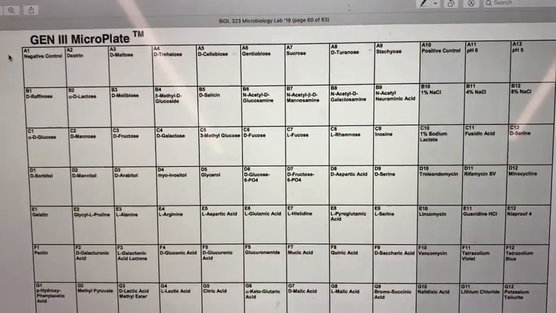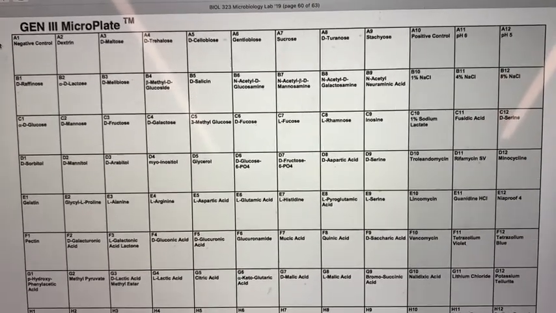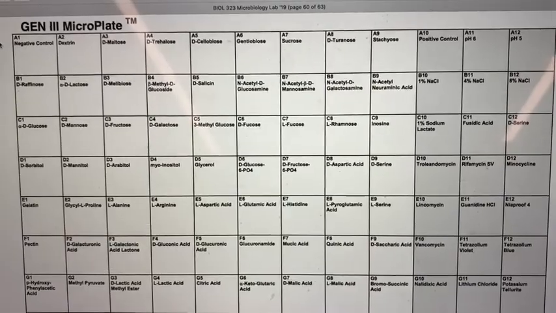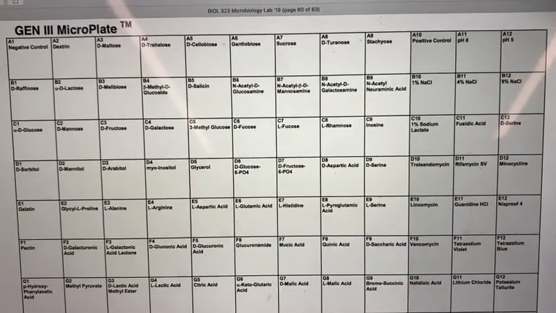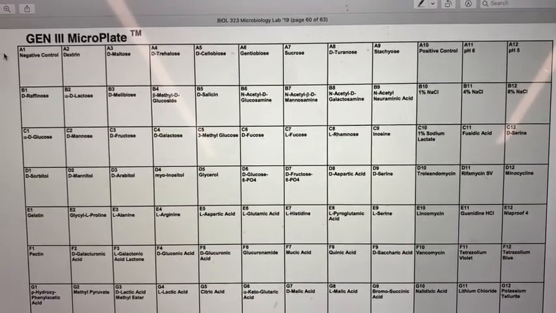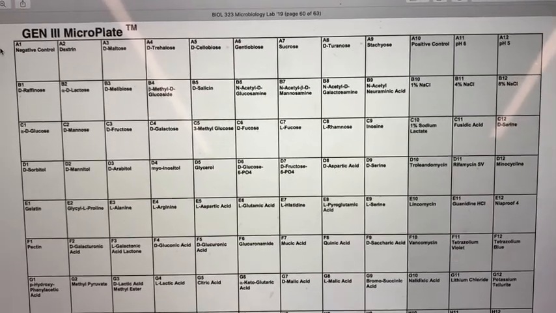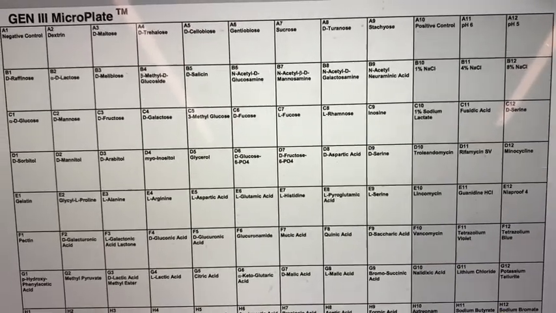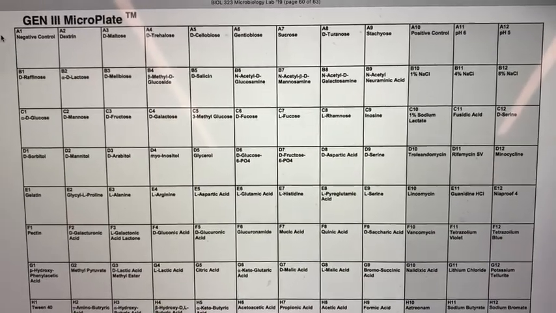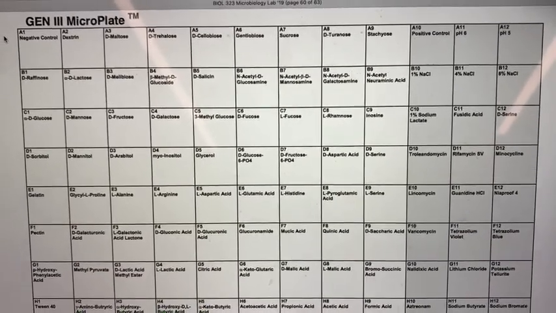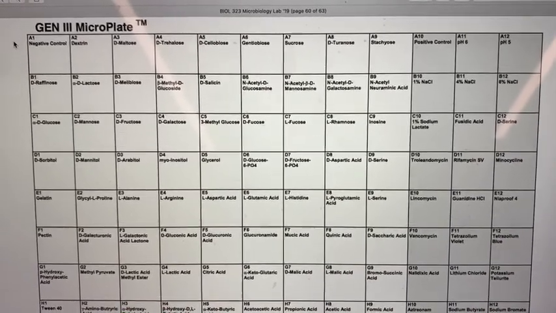Okay, now I'm going to ask you guys to do something, and that is to tell me what you think 2 of the wells are going to look like. And how do you know what 2 of the wells are going to look like? Well, this organism, remember we plated it on mannitol salt agar. So that means if it turns yellow, it can utilize mannitol. If it stays pink, it just doesn't utilize mannitol. And then also, because there's high salt in the media, we can tell whether this organism likes salt or whether